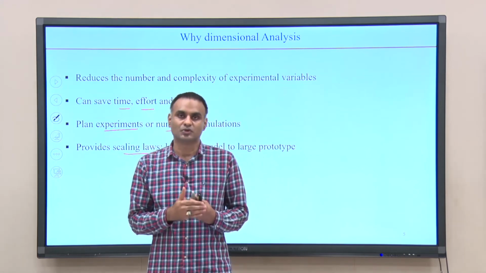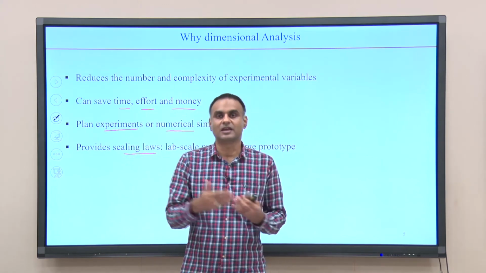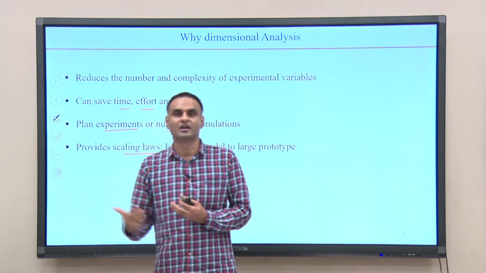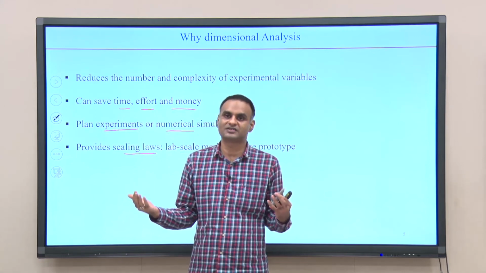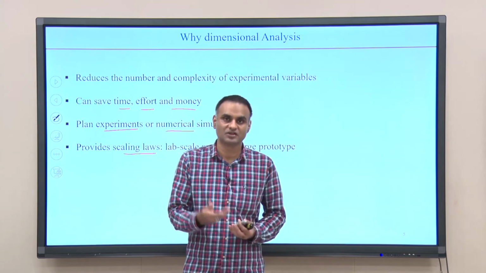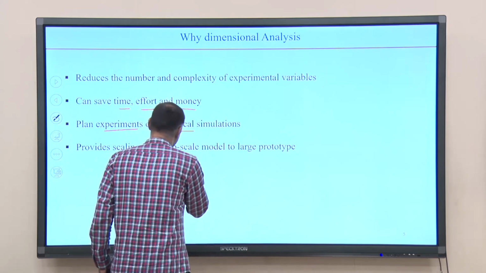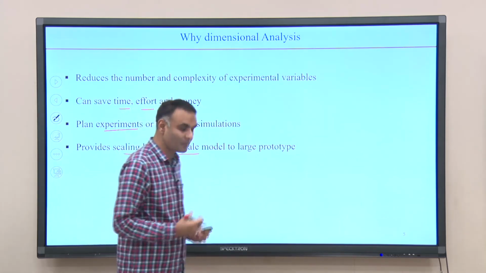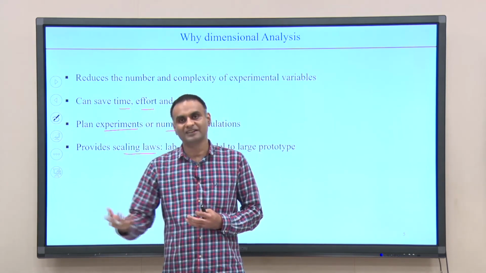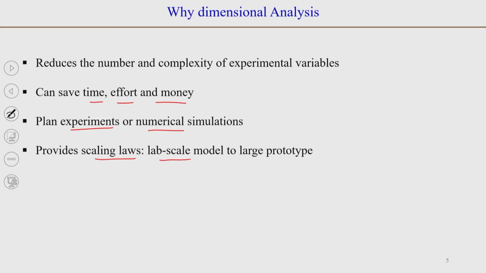So, how do we make sure that the conditions in the lab scale are similar to what will be in the plant scale? Because if the conditions in the two scales are not the same, then we will not be able to relate the two. So, how do we do it? How do we scale up? The problem of scaling up we can also address using dimensional analysis, using the principle of geometric similarity, kinematic similarity, dynamic similarity, and so on. We will look in detail at what those principles are in the next lecture.